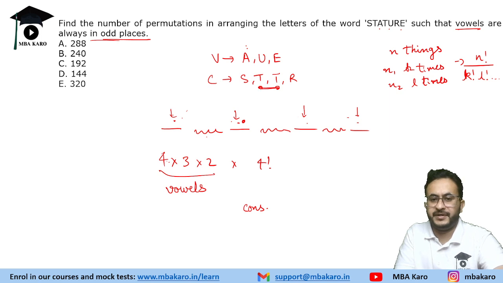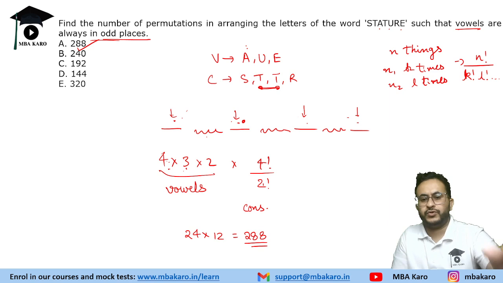So T is repeating 2 times, so we divide by 2 factorial. 4 into 3 is 12 and into 2 is 24. 24 by 2 is 12. So 24 into 12,